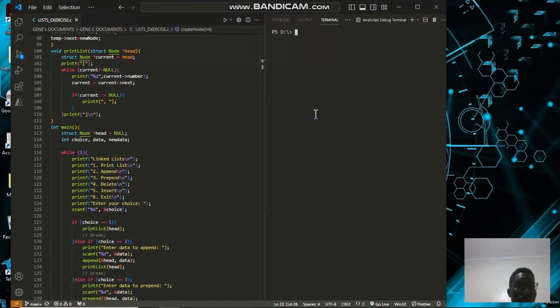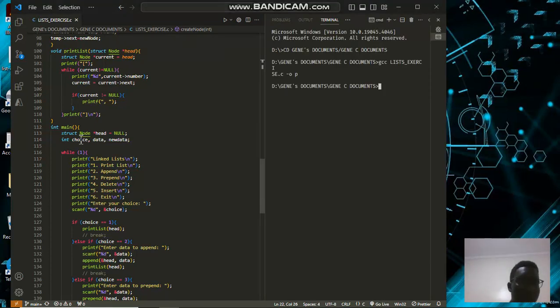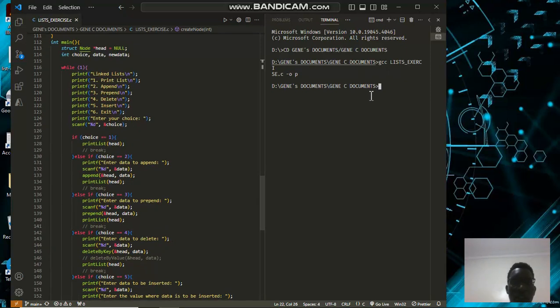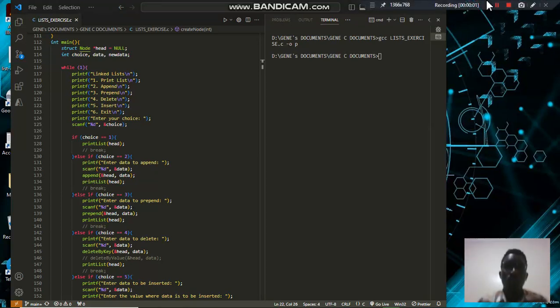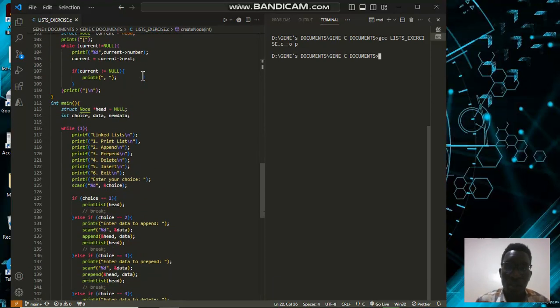So if I'm to run, we are going to implement it using our main function, and as you can see, I have compiled it. So when I'm running it, let's run it and see how it moves. So it is prompting us to print a list, append, prepend, delete, or insert. So what I'm going to do is run this code, and we're going to see how it operates. So let me run it